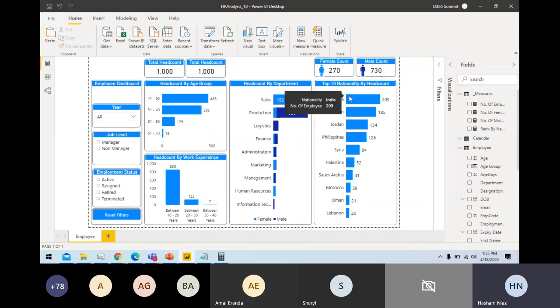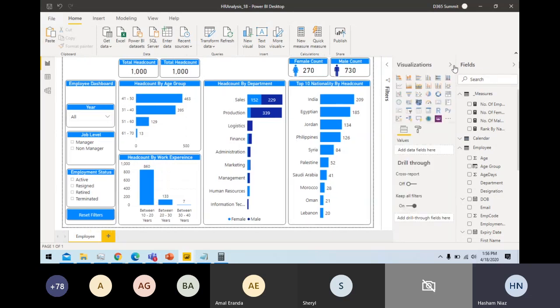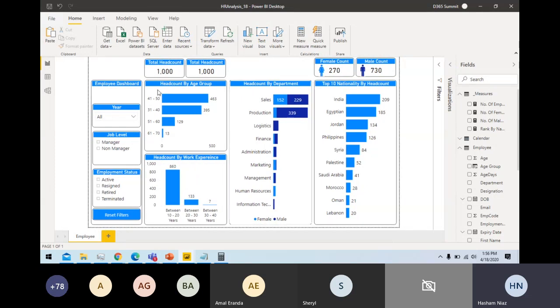Also see, I use only 2 or 3 different chart types. I use bar charts here, and I use a column chart. I don't use very complex charts, because bar charts and column charts are easy to understand and easy to interpret. Another thing, if you notice, is that I divided my report pane into different sections. I have a top section, a slicer section here, and then I have these 3 sections. So I divided this and equally distributed my charts as well.